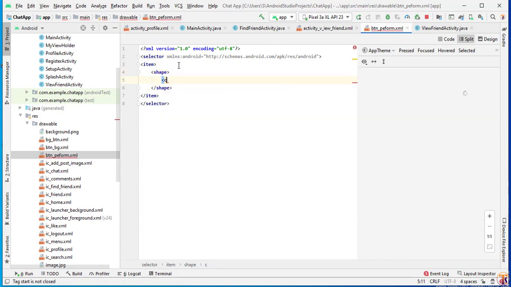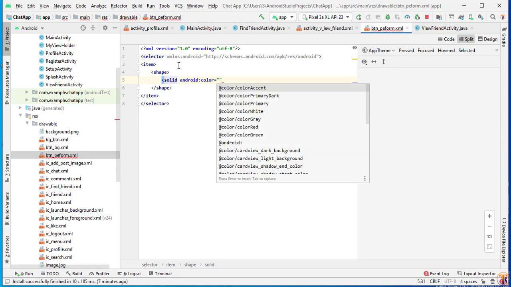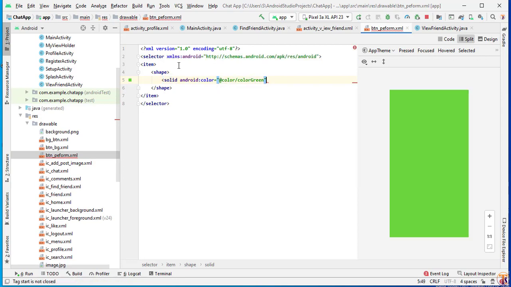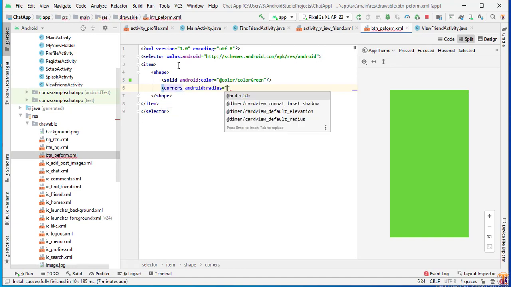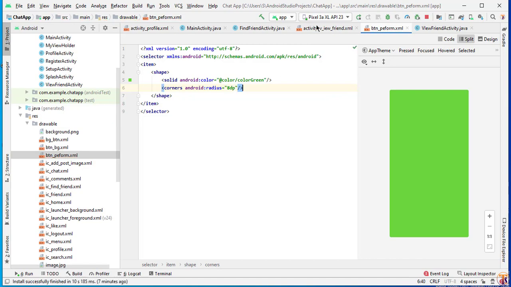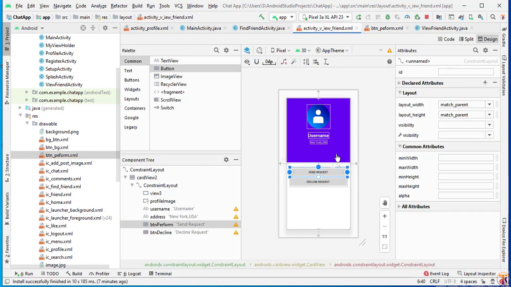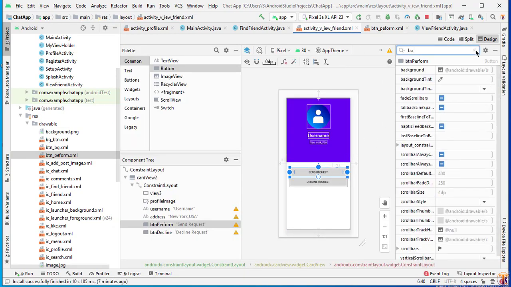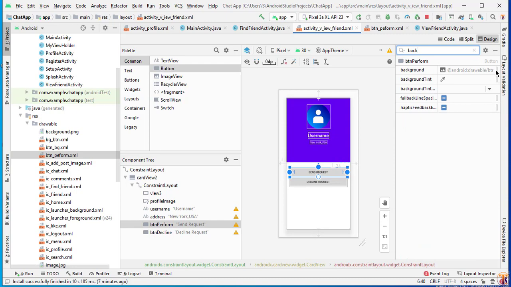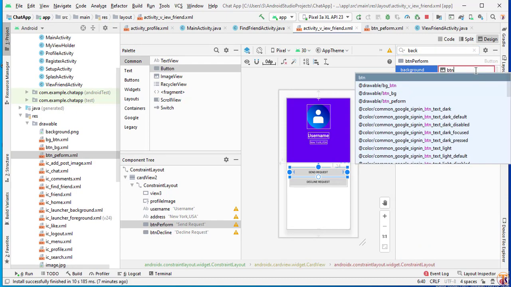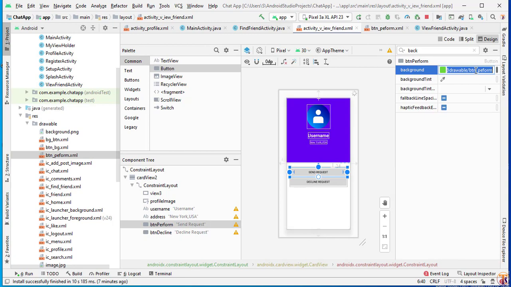Sorry, it's first solid, and color will be green. This one, and now we will add corner. So corner radius will be 8 dp, and just close it. Now we will add background to first button. So select here background, and here we can say btn perform.